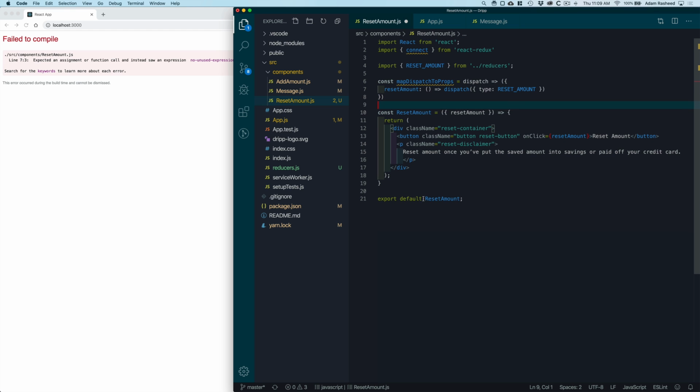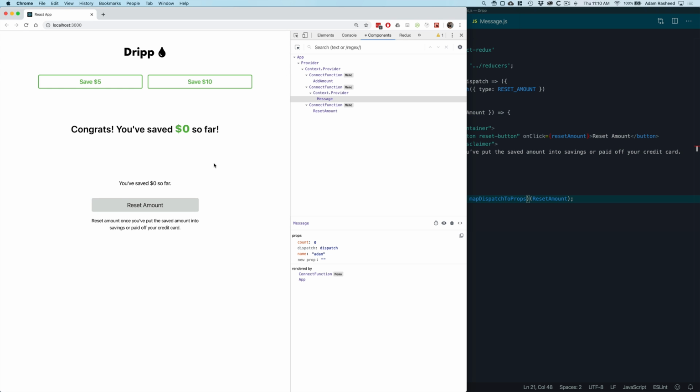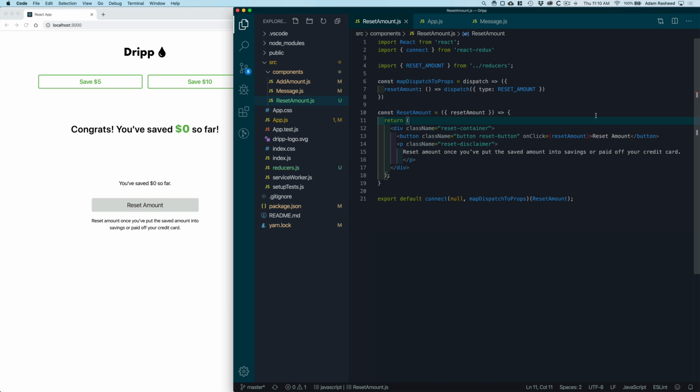Awesome. And then again, we need to connect. And first we need to throw in a null, because that's the state, and then mapDispatchToProps. Cool. So we have 40, 50, 85, reset, boom. So now we need to create